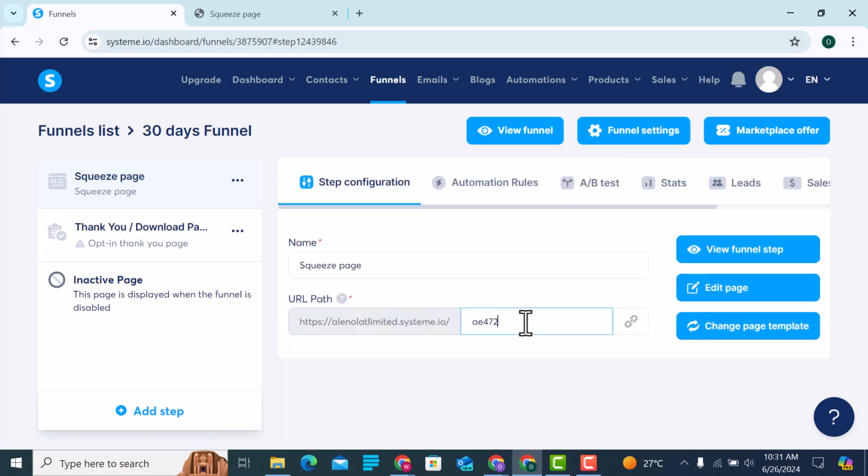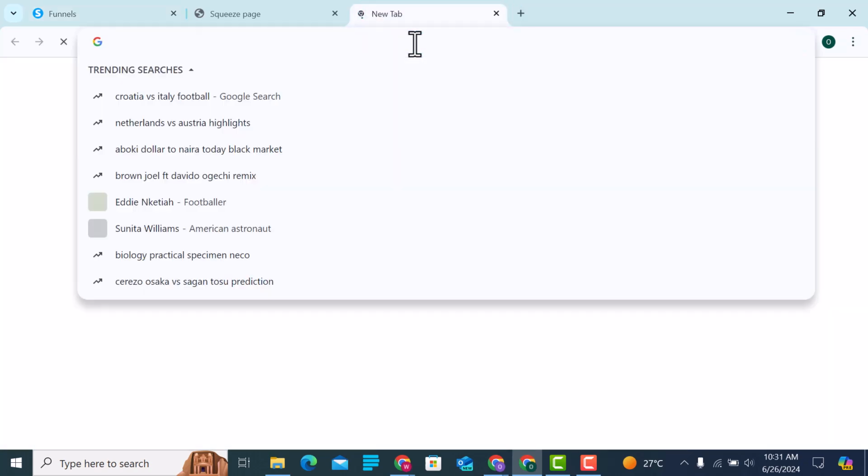You can name this landing page. Now, this is the funnel I want to model.